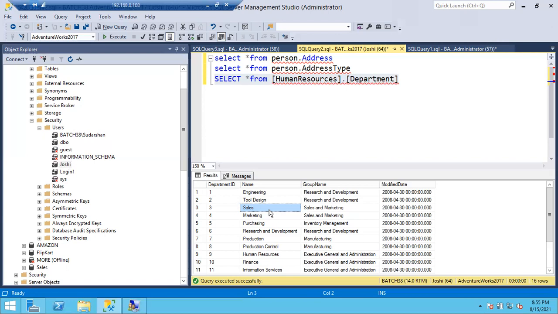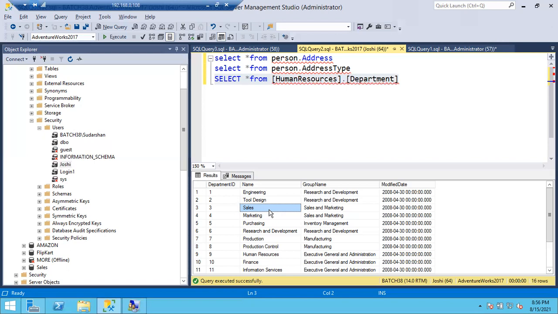Can you show me by just sharing your screen? Is it possible now? No, by default means default, a user won't be created. If you give access on the specific database, then only the user will be created. Yeah, right. But I don't know how to create multiple users for the same login. Why do you need multiple users for the same login in the same database? What is the requirement?